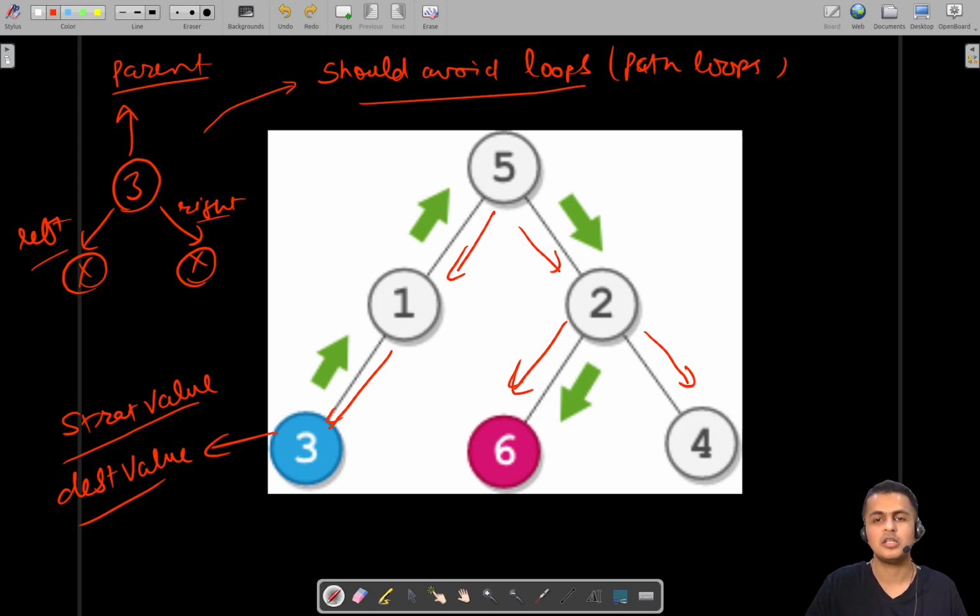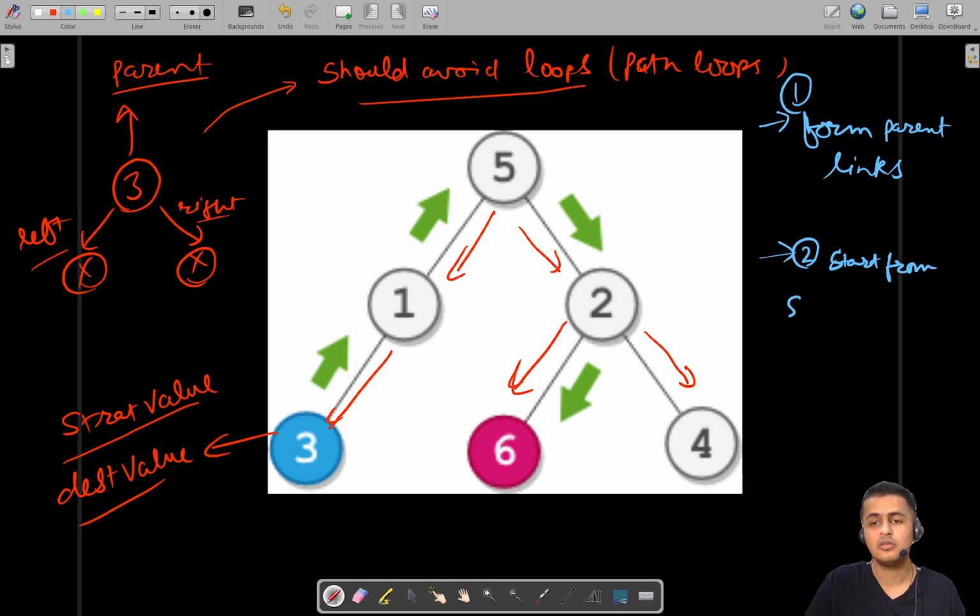Another thing that you have to do is, let's break it down step by step. First of all, you have to form parent links, in order to facilitate yourself to go in the up direction from the current node. So this is one thing. Then you have to start from the start node. While forming the parent links, you will also be finding the values of the start node and the